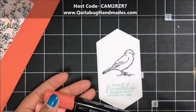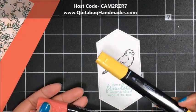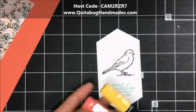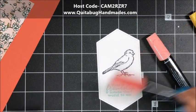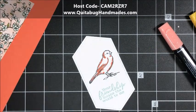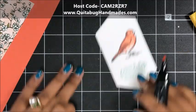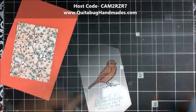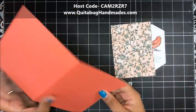So I am going to use dark and light Calypso Coral, as well as my dark shade of Daffodil Delight for the beak. So I'm going to go ahead and get my little bird all colored in, and I am going to start with, I think, the dark. Got my bird all colored in, so now we can start putting together this